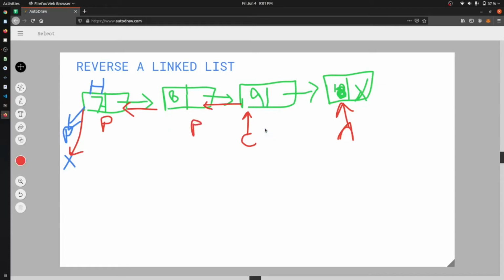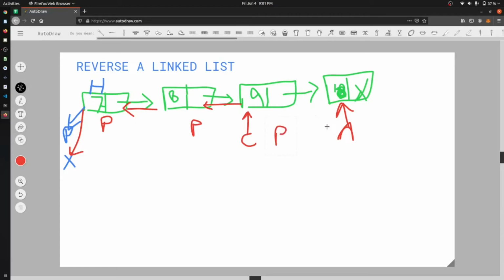Okay, so this has become P, and now this will point to the previous, and our previous will become the current. So now at this point, after the pointer, this will be P. Okay, and our C will shift to the next point. C will become this, C will point to null, and yes, this is the thing. Okay, and now what we will see is that current is pointing to null, so we will not do anything.